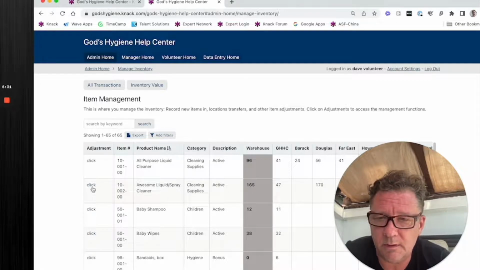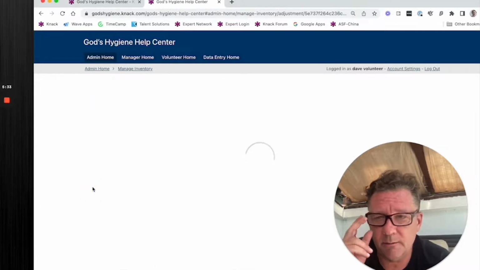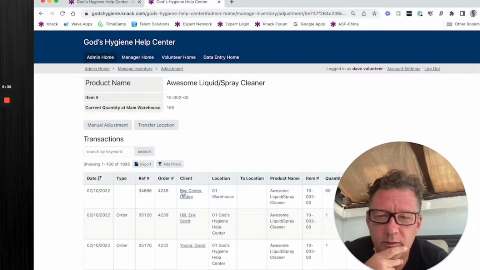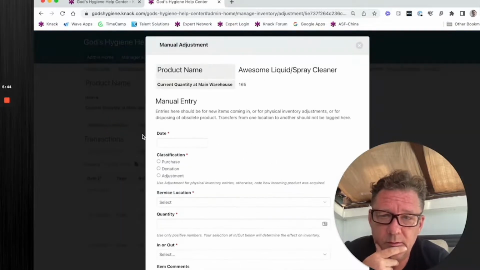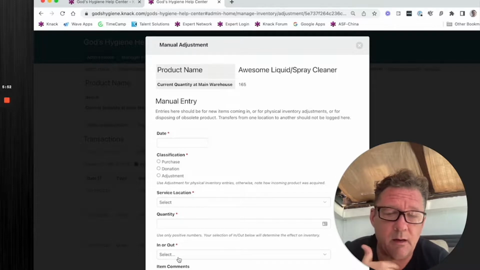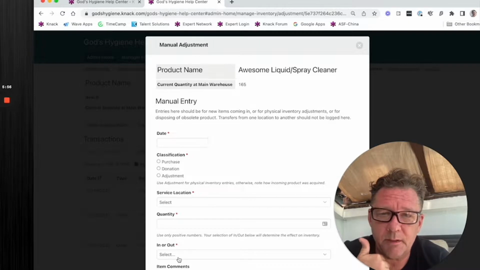But let's go to an item, this item, liquid spray. Here's where they can add stuff. They can do a couple things, actually. If they have incoming, they can do it here. They're collecting information: what service location it's going to, how many are coming in, and is it coming in or out? I give them an opportunity to do in or out here, because with the same thing, when they're replenishing,